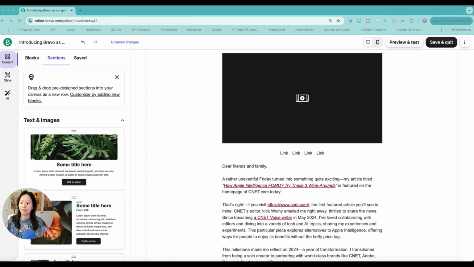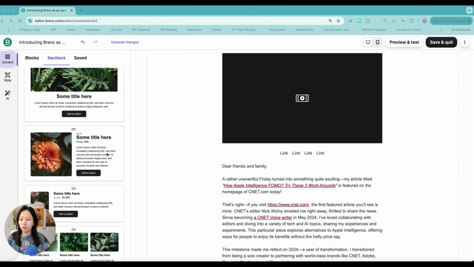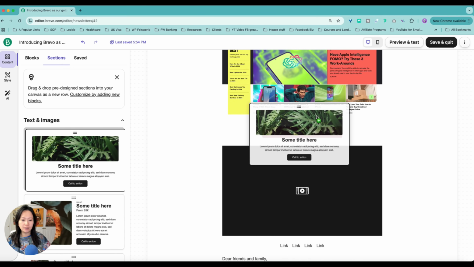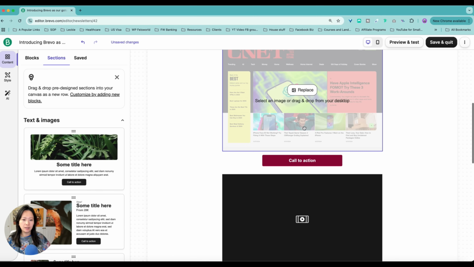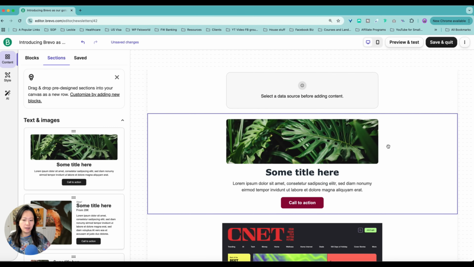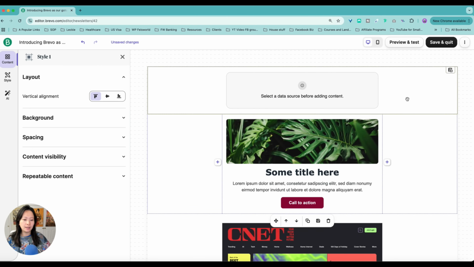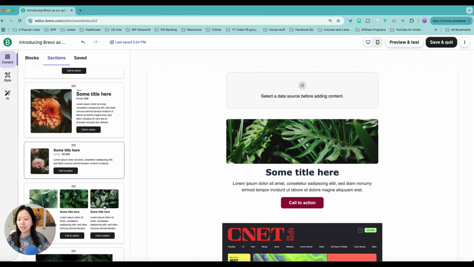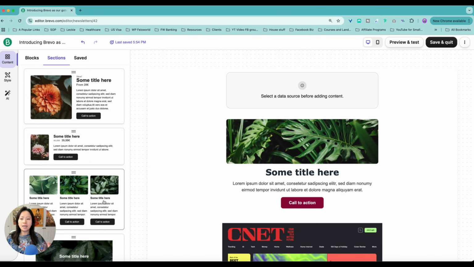Let's take a look at sections. When this feature came out, I was really excited about this because this reminds me of Cadence, which is a WordPress theme. So now if we like this section, let's see what happens. Right here, you can change the title, the description, call to action, of course, and image. These sections, as you can see, can be really helpful, even if your email text is very plain, you're just trying to jazz it up. Maybe you want to feature a product, a free email sign up, a course. I think this is a great